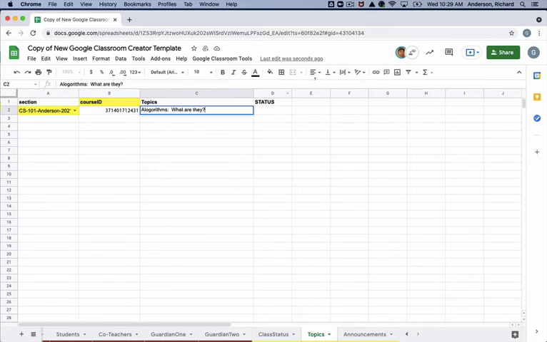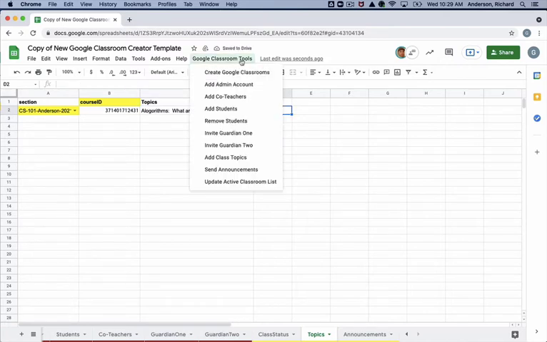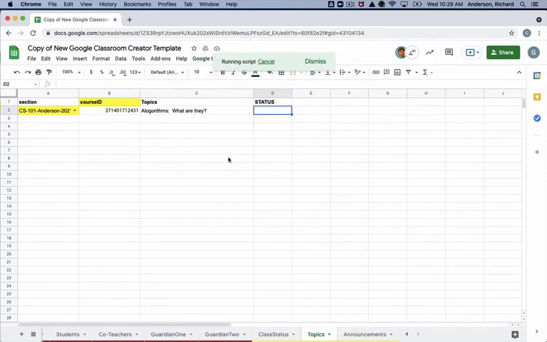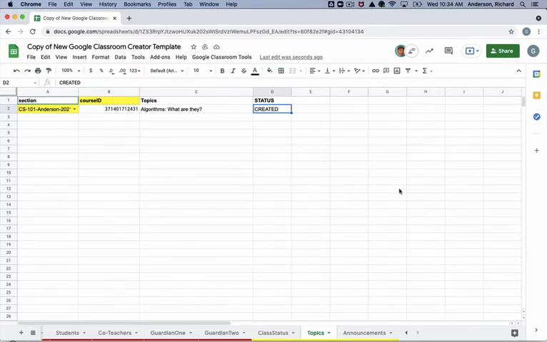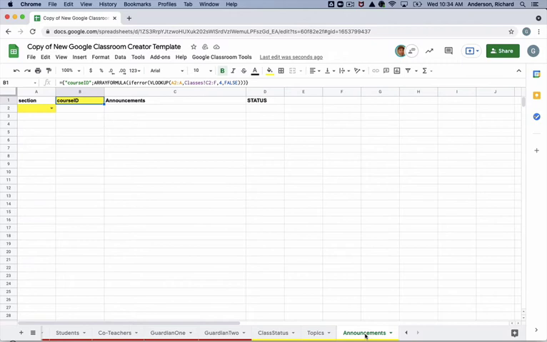Algorithms. What are they? Now, to push this out to that specific class, I can simply do add class topics, and it says the topic has been created. In a similar fashion, we can publish announcements to the course as well using the classroom admin account as well. So we would select the section, it'll auto-populate the course ID,